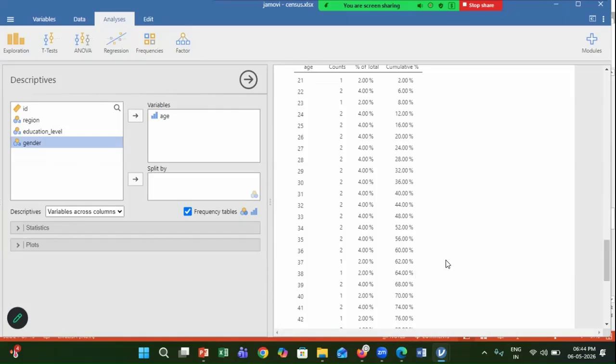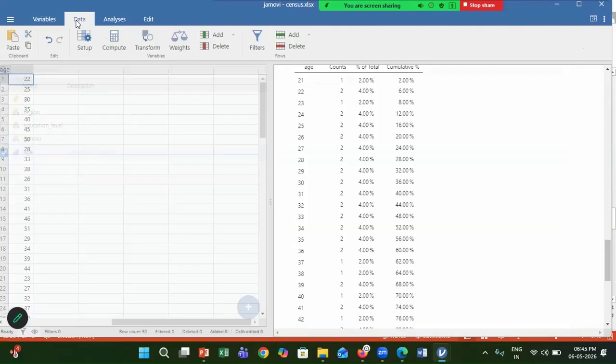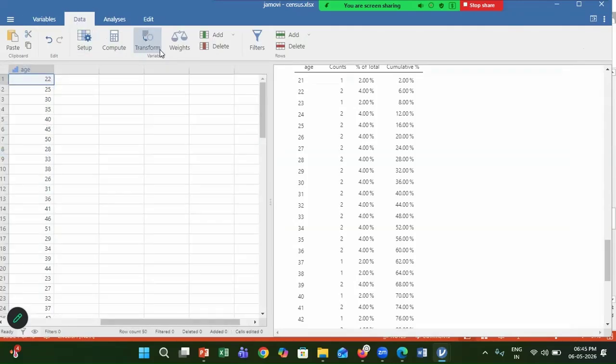Another way is you use the transform function on data tab. This transform, by selecting bins option, you can do it as I taught earlier. And even this binning option directly is available.